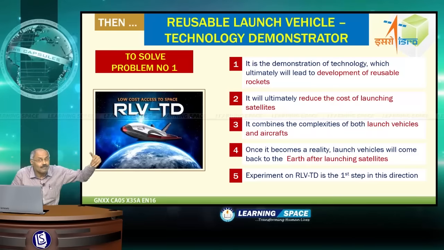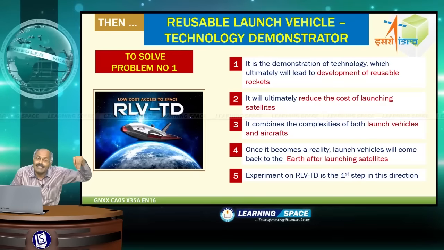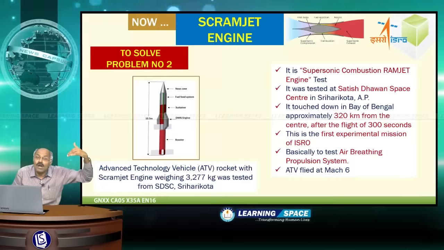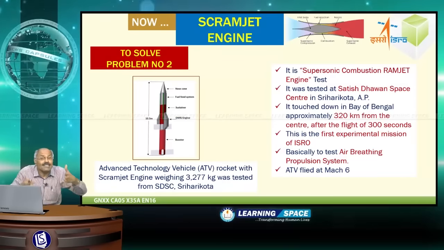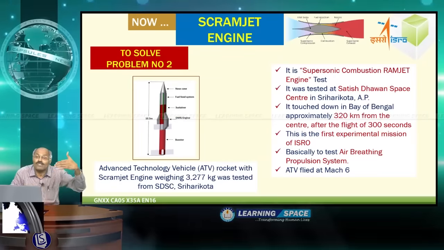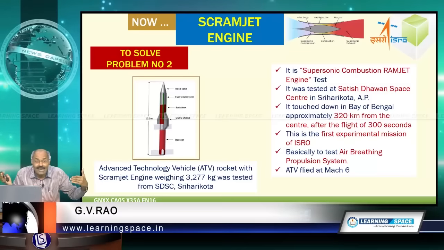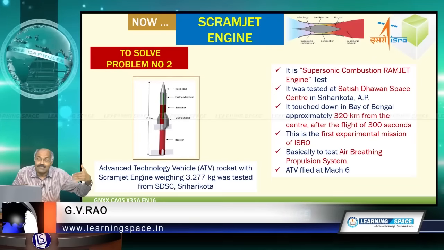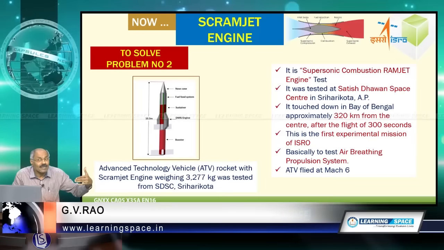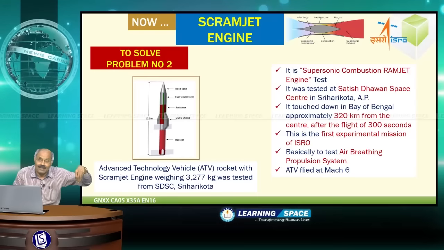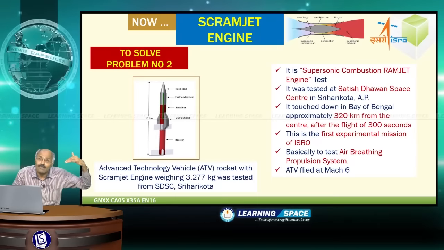So, we learned previously about the RLV TD experiment. Let us come back to the second problem. This is to solve problem number 2, and this is the present experiment of a SCRAMJET engine. Before going into the details, let us have the facts. SCRAMJET means supersonic combustion ramjet engine test, and it was tested at Satish Dhawan Space Center